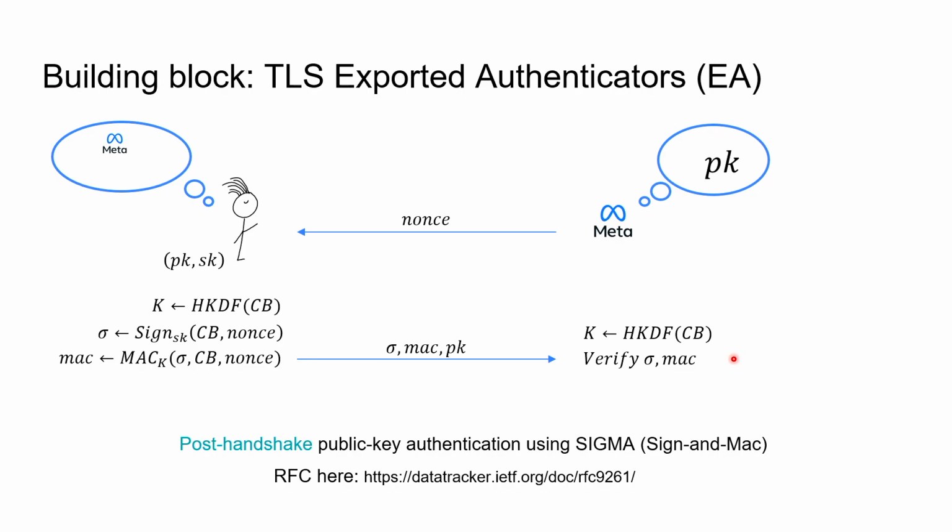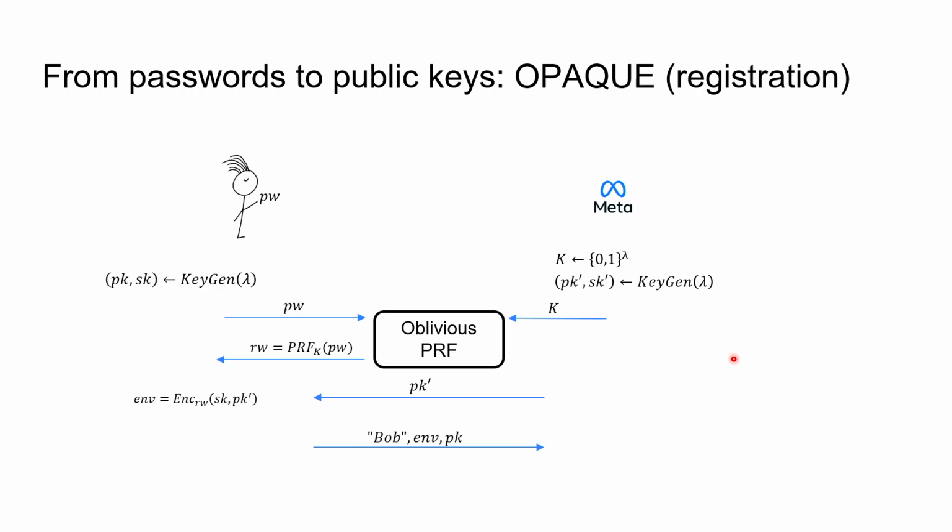Okay, I want to talk about password. I wanted to show you secure password authentication. Why the hell am I talking about public keys? The reason is that we have a simple tool going from passwords to public keys. This is called OPAQUE. It's actually an asymmetric password authenticated key exchange protocol, but we're not using the whole thing. I told you before, I want to skip the key confirmation part. We're just using a part of it.